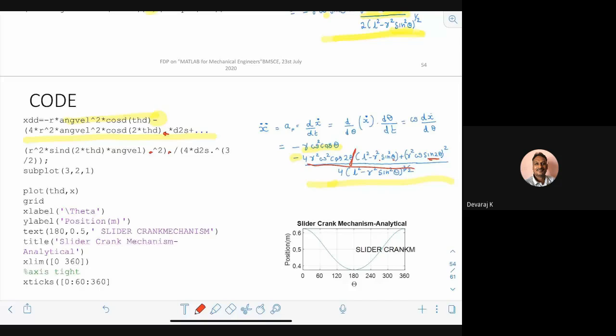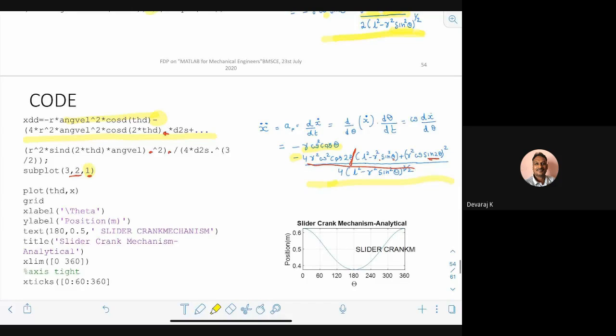Now once you do this part and execute only the analytical part, I know that I have to generate 6 graphs, and the first graph is for position. How do I define it in the form of a table? I want the left table for analytical and the right side for symbolic. So for the left one, 3 rows and 2 columns is what I'm defining as subplot. In that, the first plot